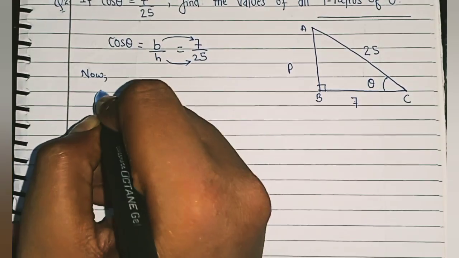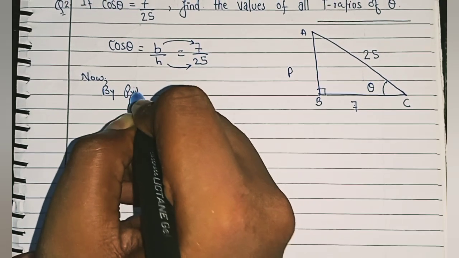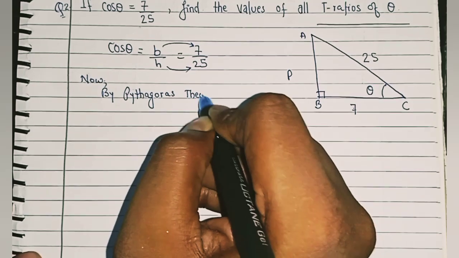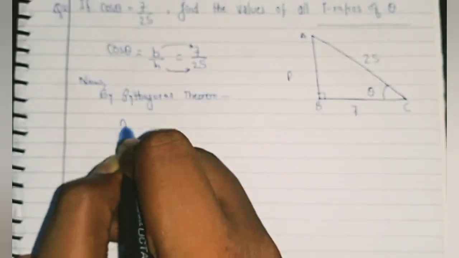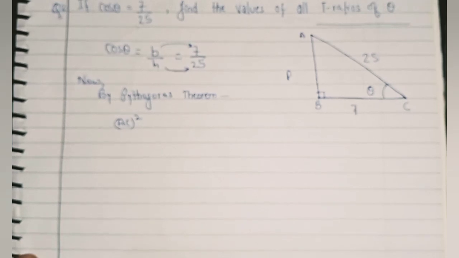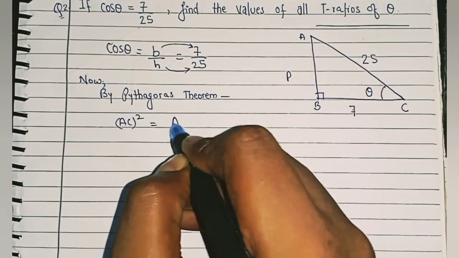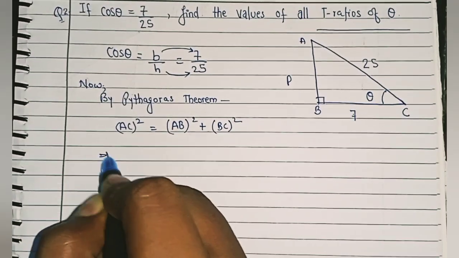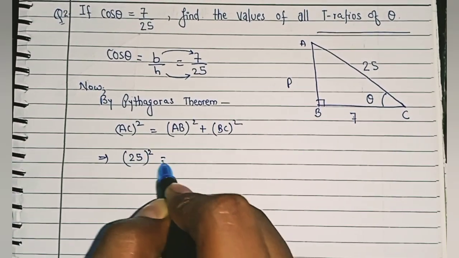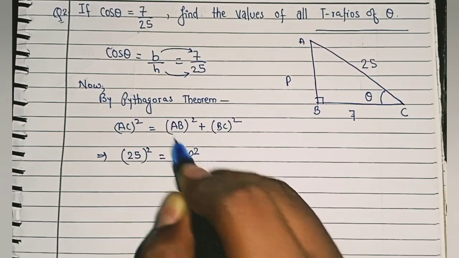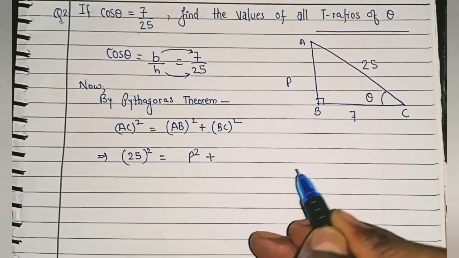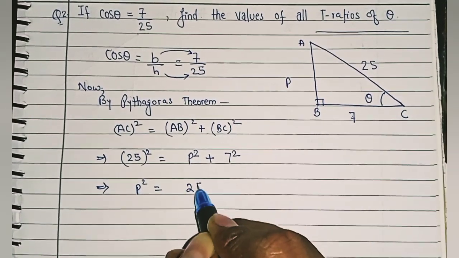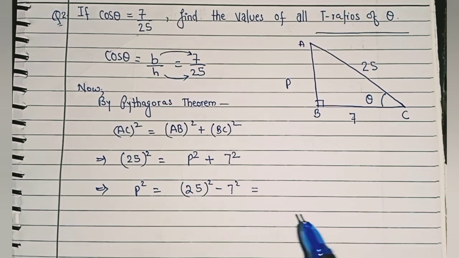Now by Pythagoras theorem, AC का स्क्वायर इक्वल्स AB का स्क्वायर प्लस BC का स्क्वायर. AC is 25, so it is 25 का स्क्वायर, which is equals to AB is P, so P square, and BC is 7, so 7 square. Now P square equals 25 का स्क्वायर minus 7 square, which is